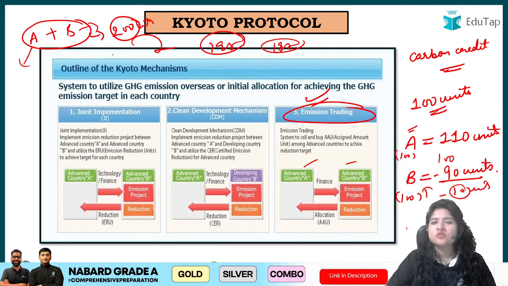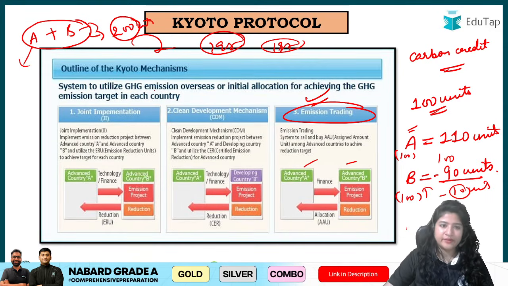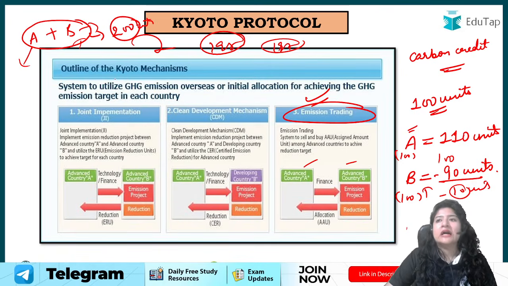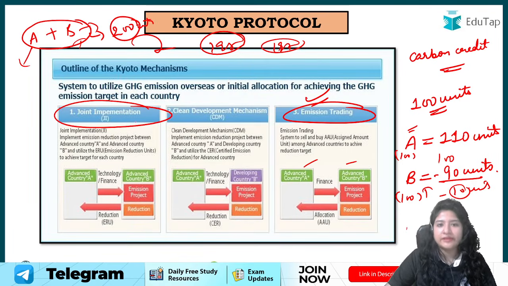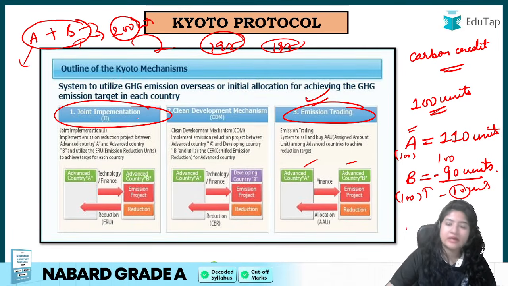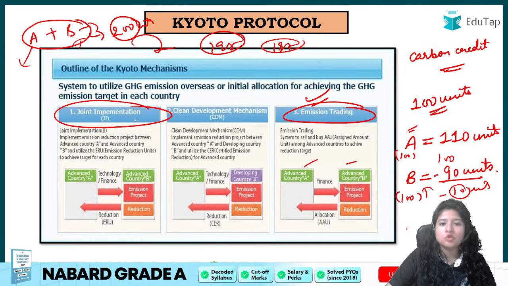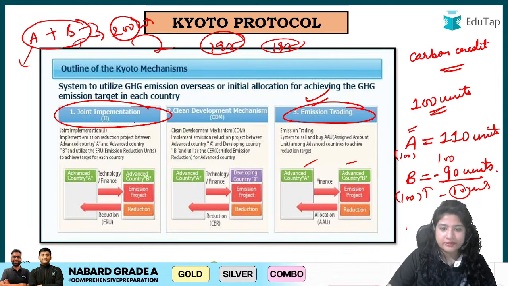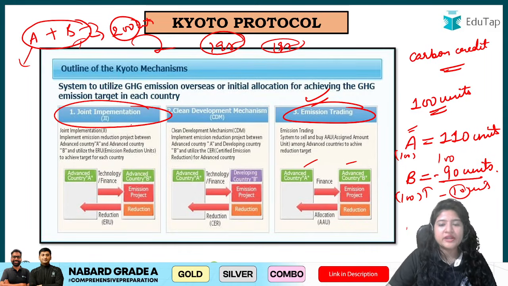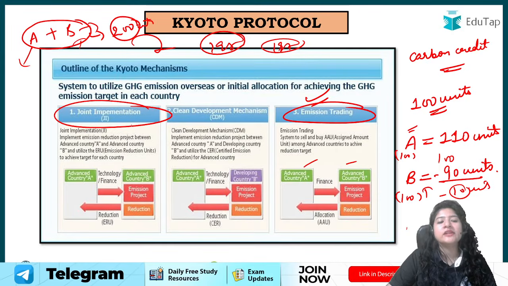Okay, in response to that, if country A is the one emitting much every year, maybe country B would ask it to establish some technology in that particular country, or ask for anything. That's up to them, however they want to deal with it. But the second is known as joint implementation, where country A and B have clubbed their carbon credit together, and they cumulatively show how much they have emitted to the respective government body. Okay, so that is your second case. In emission trading, buying and selling of carbon credit happened, while in joint implementation both countries have clubbed their carbon units. ठीक है. अब third option है, that is your clean development mechanism.